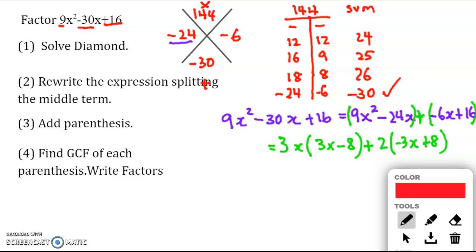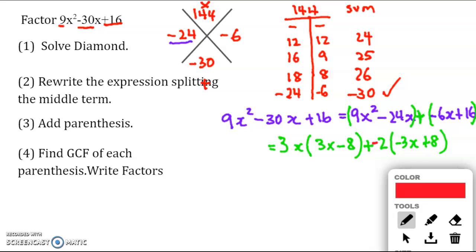Now I want you to look at the two factored out terms: 3x minus 8, negative 3x plus 8. It's very close, but they are opposite in sign. So how can I make the two expressions inside the parentheses the same? If I change this to